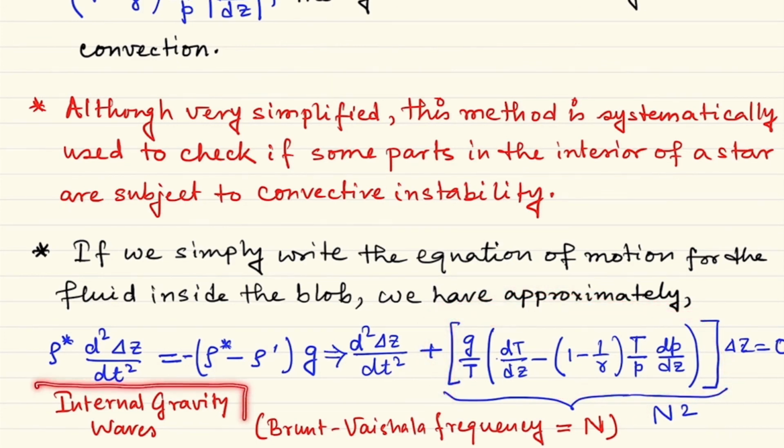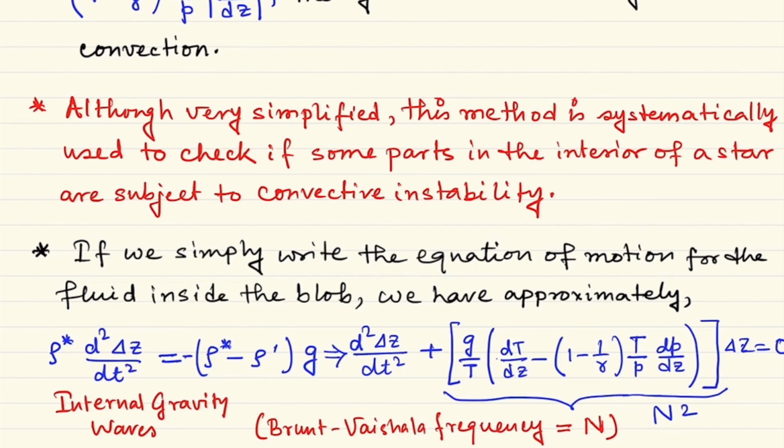That wave is known as the internal gravity wave. So remember, the internal gravity wave says that your system is thermally stable, or convectively stable,